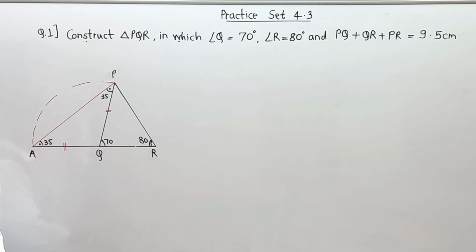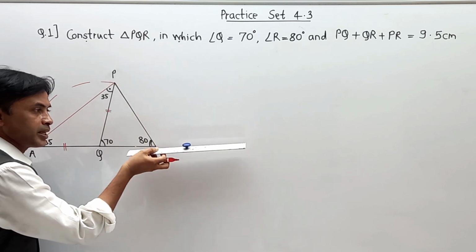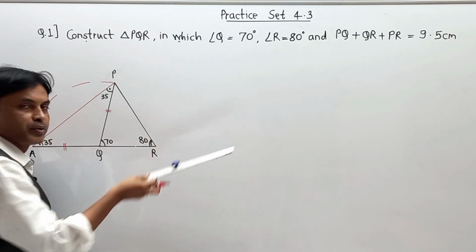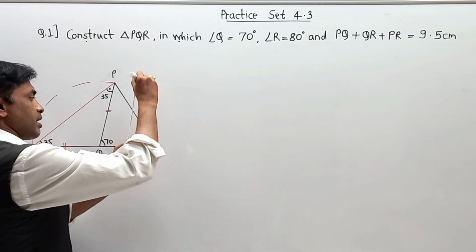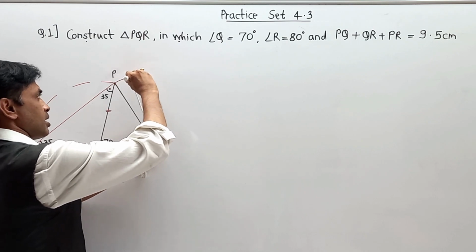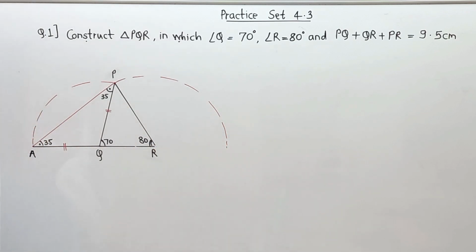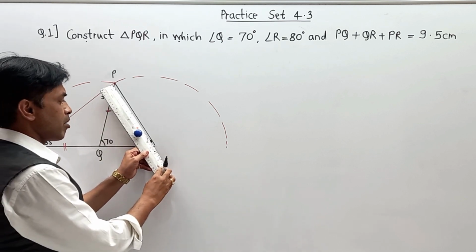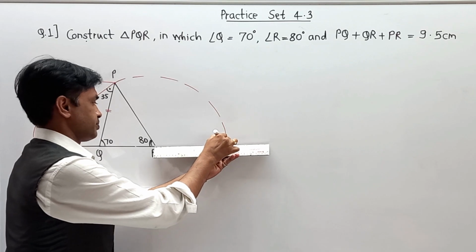In a similar manner, we are also going to convert this RA segment in the horizontal direction and divert it over here. Here we are taking a diversion of this segment, and now we have drawn a line exactly equal to PR in the horizontal direction, which is over here.